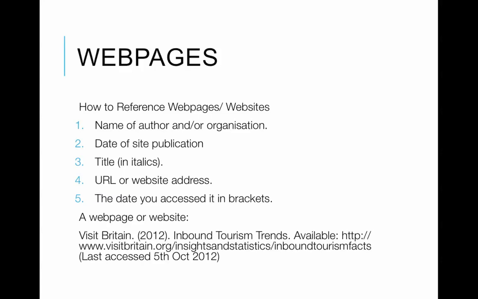So say, for example, you accessed a web page today on the 24th of October 2018, you would reference it as such, even though the article itself may have been written a couple of years ago in 2015, say. You would have 2015 in the first brackets as the date of site publication, and then your date of access would be today's date. And that's really important, because you potentially might be visiting a website that's a couple of years old, and then the work might be used as an example for future students, say by one of your tutors, in a couple of years' time, say in 2020 or 2021,